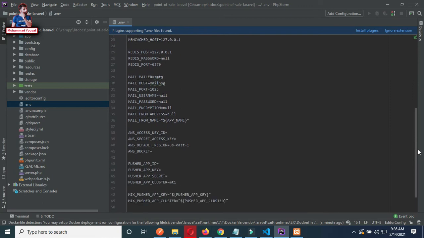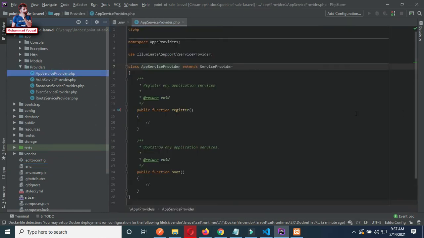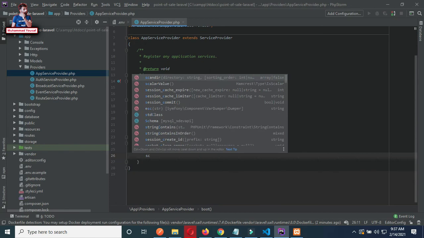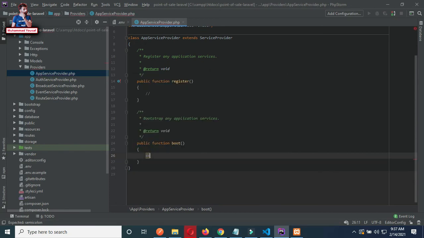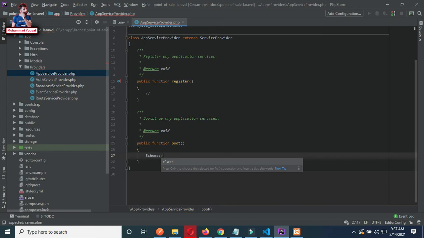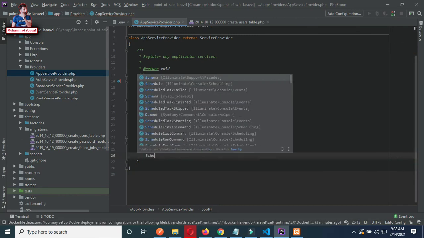After this step, I will simply go to my app service provider, and you can find that in the providers folder, app service provider, and here you will put the default string length. So first of all I have to put here Schema.